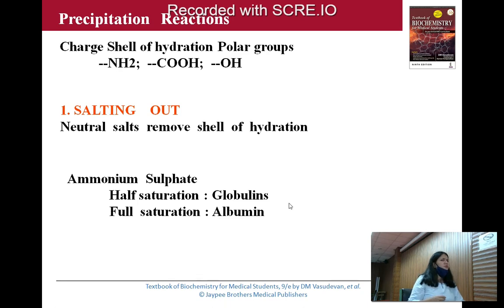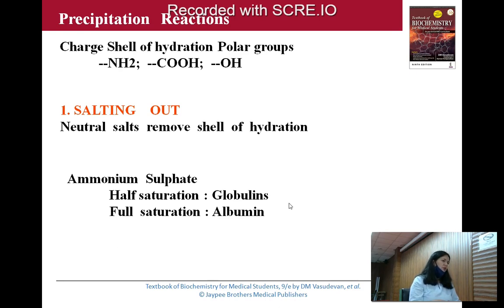For example, just imagine that there are two protein molecules. One protein molecule will have both positive and negative charges, and the other also has positive and negative charges. So these neutral salts will try to neutralize the unlike charges. In both protein molecules, they will neutralize one kind of charge, so that all the protein molecules tend to have a similar kind of charge, either positive or negative. If they all have similar charges, they will repel each other, isn't it? So that is known as salting in.